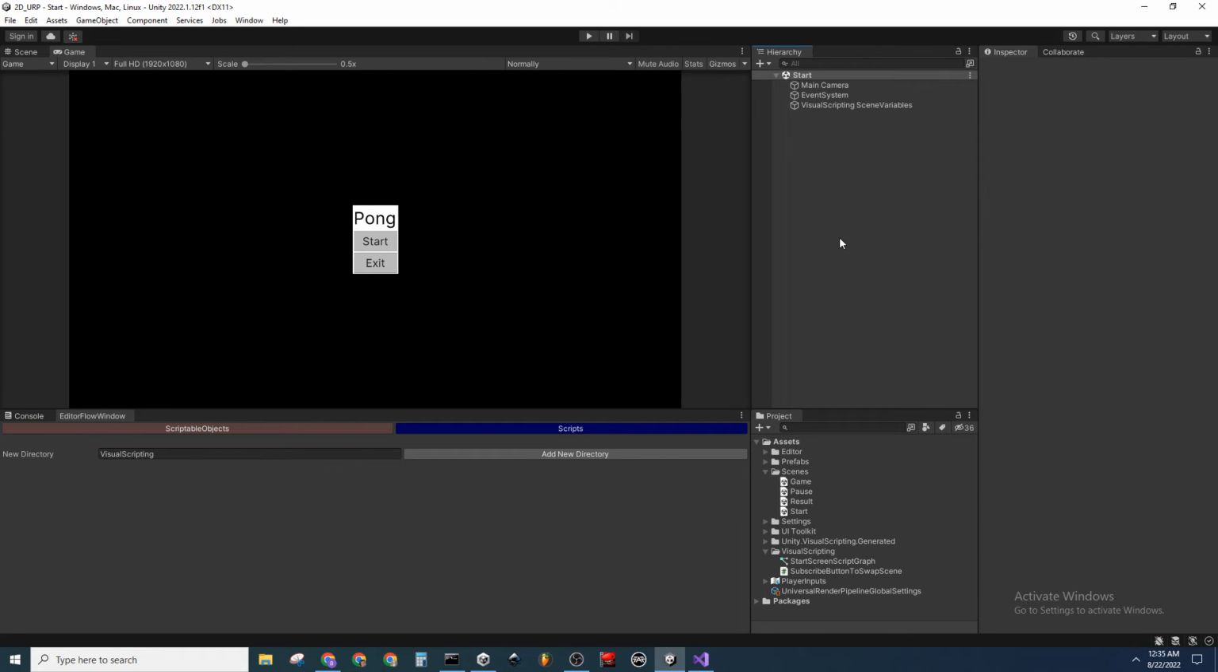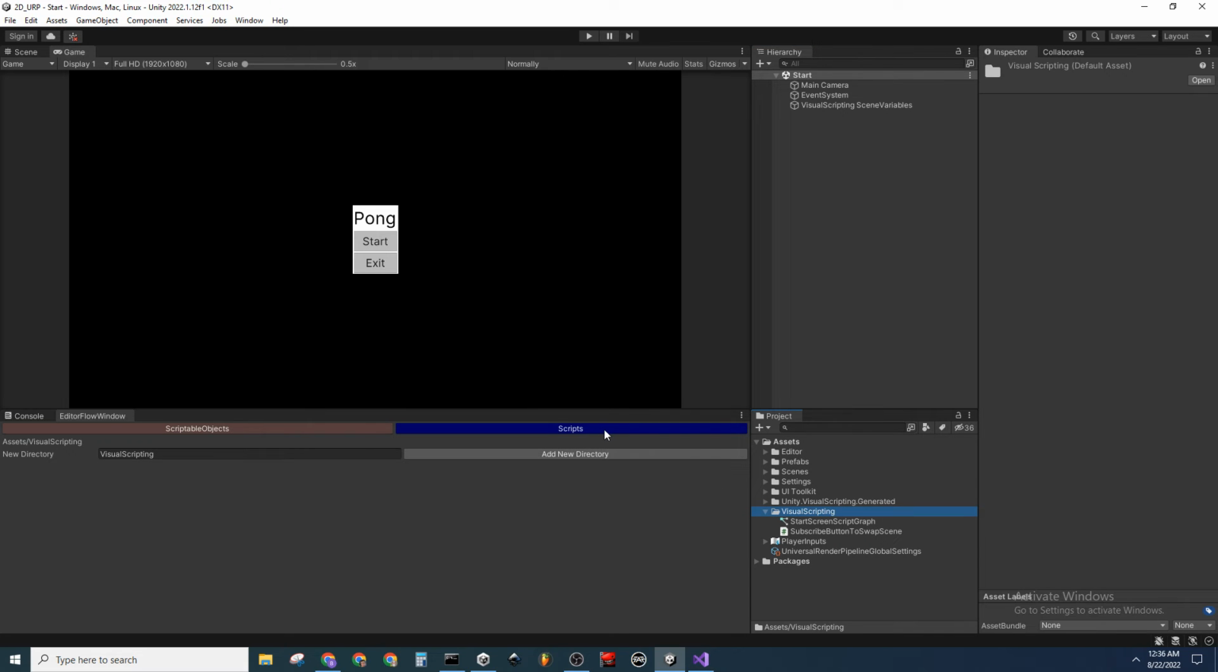So the way we're going to set up the exit button, because all three panels have the exit button, once again, instead of just copy pasting the script, we can create a more abstract strategic node that is reusable. So we have to go through that process again. Let's click on Visual Scripting, go to my Editor Flow window, select Scripts. We can come back in here since we have the Visual Scripting directory selected, and we can simply change